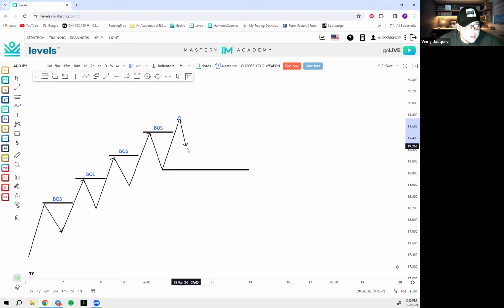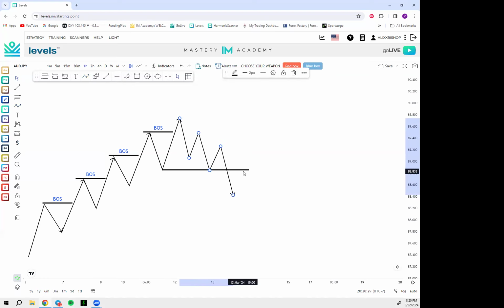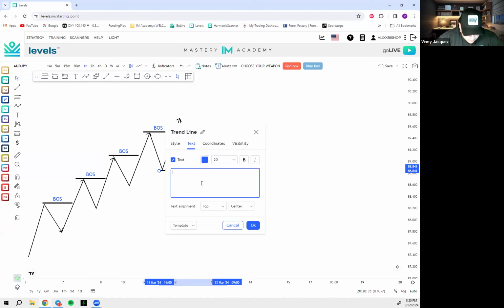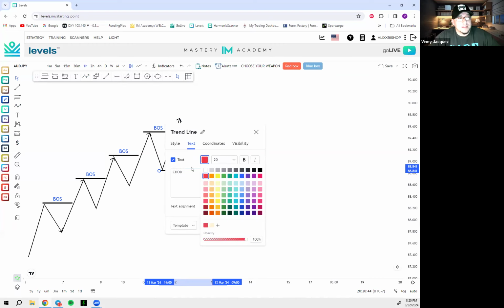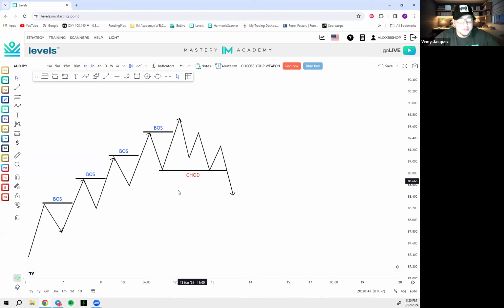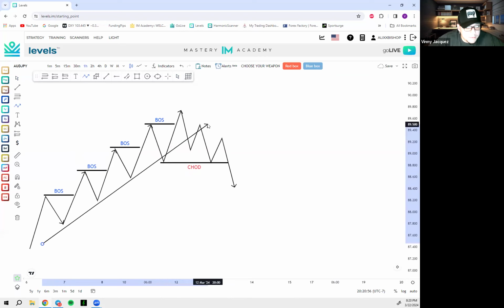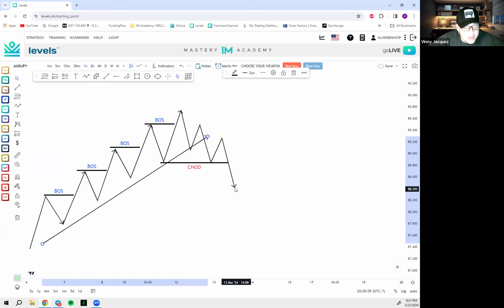As soon as we start to break down and get weaker, and we break and close below, what just happened? You have your head and shoulder. We have our head and shoulder, and we just got that change of character or change of direction. I'm gonna put change of direction because a lot of people seem to like that better, to be honest. It does not matter to me. We just got a bearish change of direction. So notice, fam, market was uptrending. And then suddenly we changed direction and started heading down. That is what change of direction means, fam.